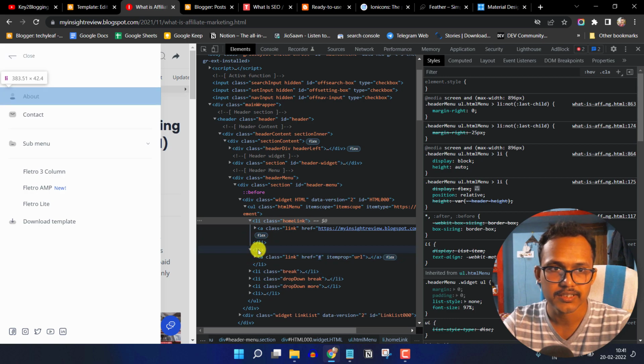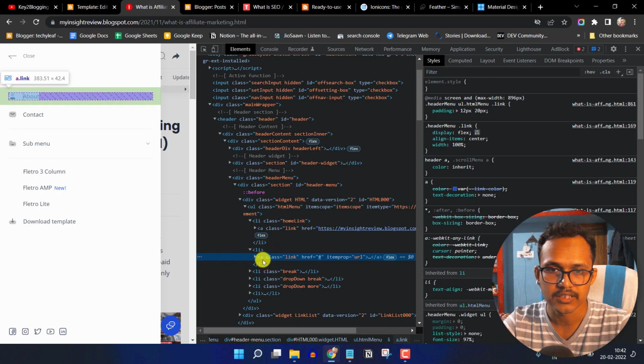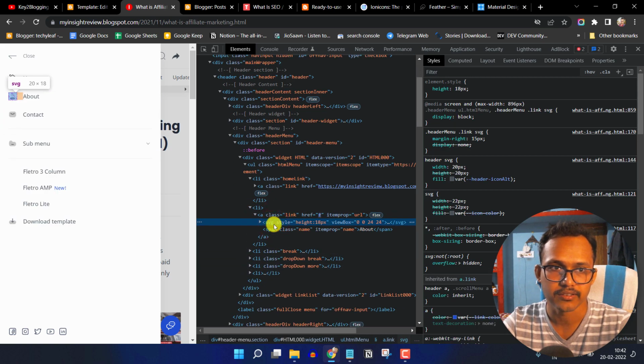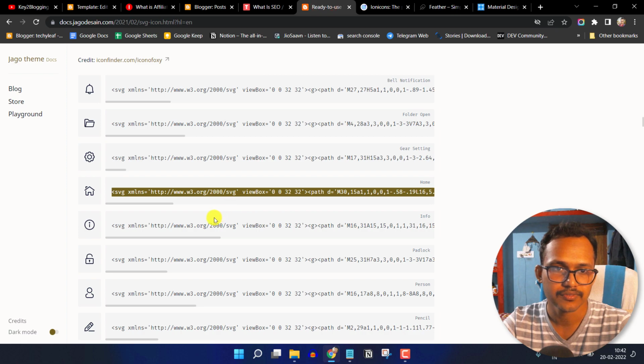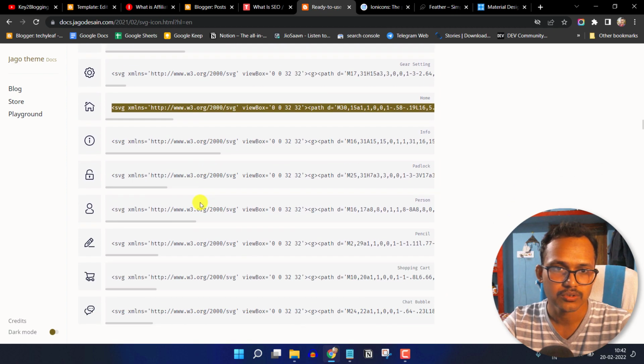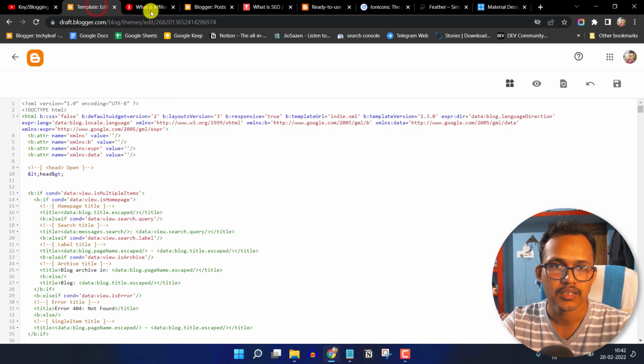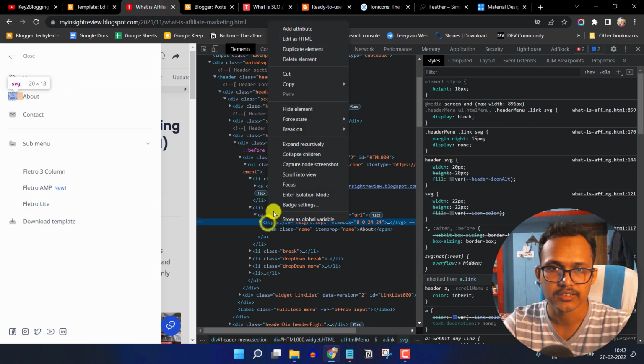This is the list, and under the list this is the anchor class. Just click on it, and this is the SVG icon. If you want to change the SVG icon of the about section, let me find an icon from here. I can use this icon for the about us page. Let me copy this, and here I can change the icon.